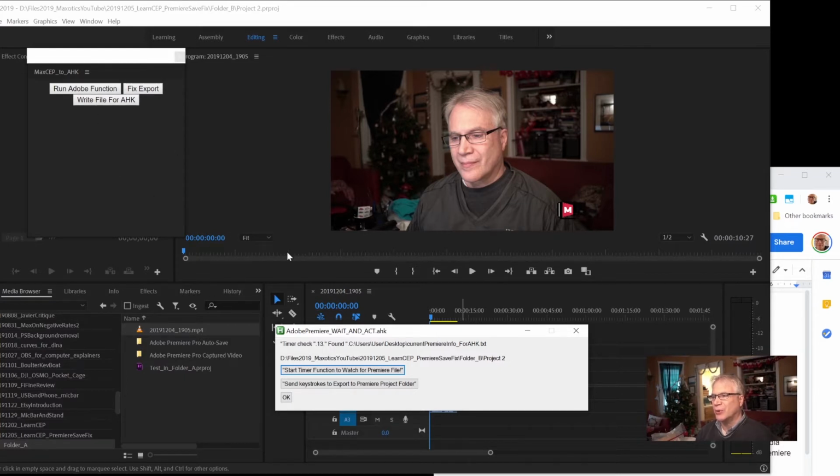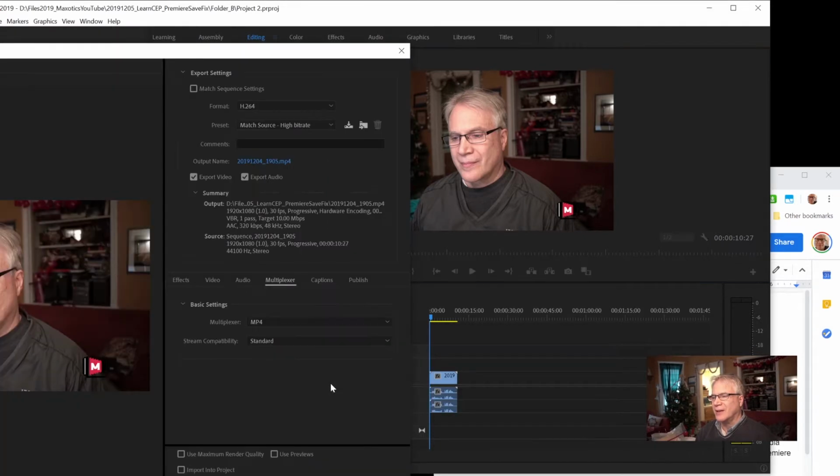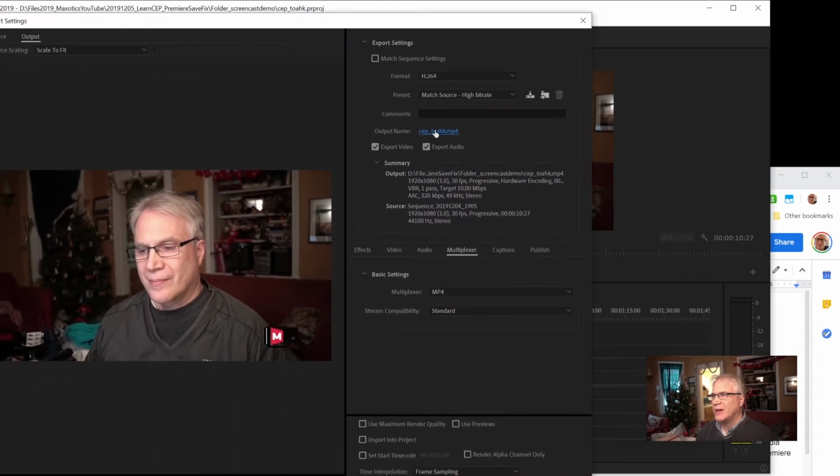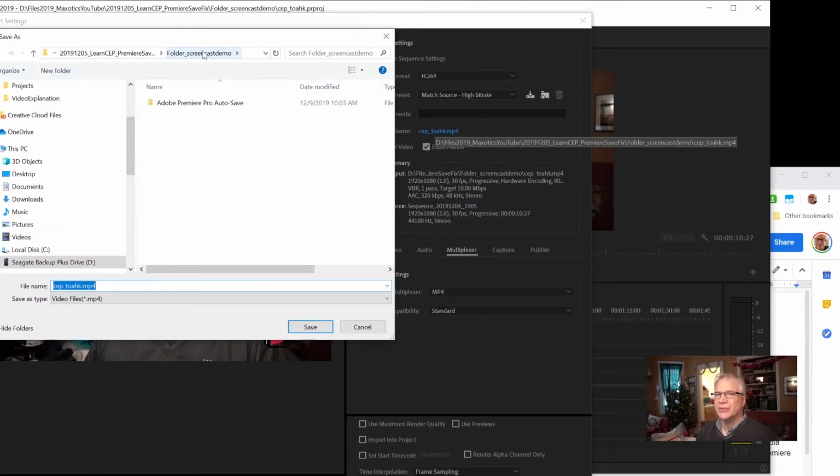So once we have these two things loaded, I click on this, and now I want to do an export of the script. So now I'll hit send keystroke export to Adobe, and as you can see, it went through. So now when we click on the file name, you see it puts it in the right folder. It doesn't put it in the last folder, it puts it in the folder of the current project. So that's what this